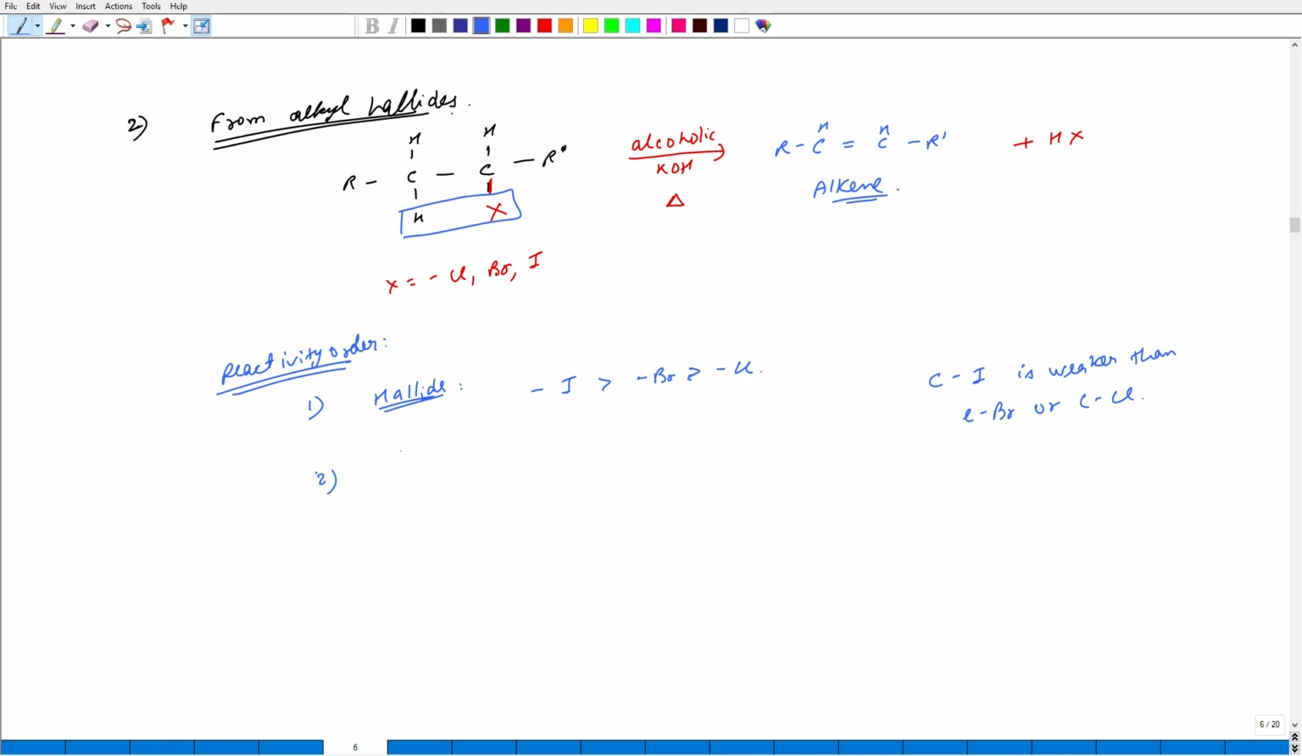Second, what we can have is the type of alkyl halide. So, for this case, tertiary alkyl halides are more reactive than secondary. For example, what I am saying is